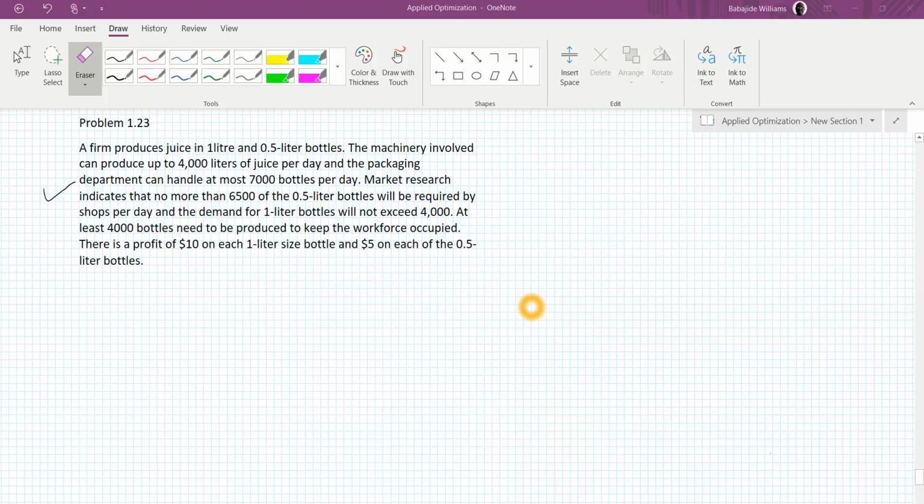At least 4,000 bottles needed to be produced to keep the workforce occupied. There is a profit of $10 on each 1 liter and $5 on each of 0.5 liter bottle. The question is to maximize profit. So maximize profit. It's similar to the one